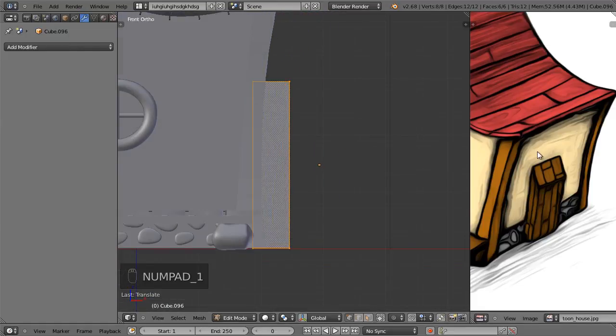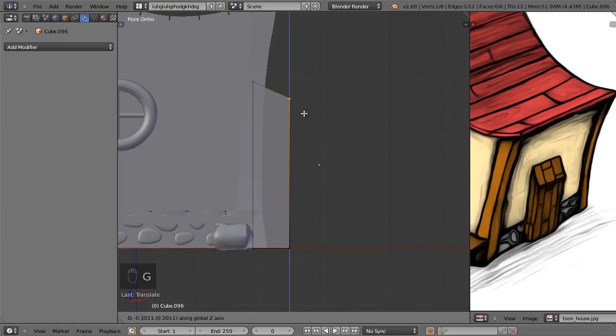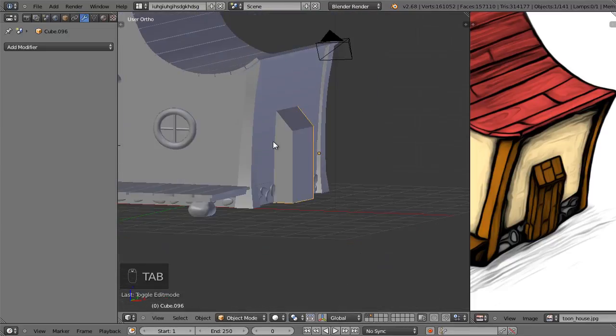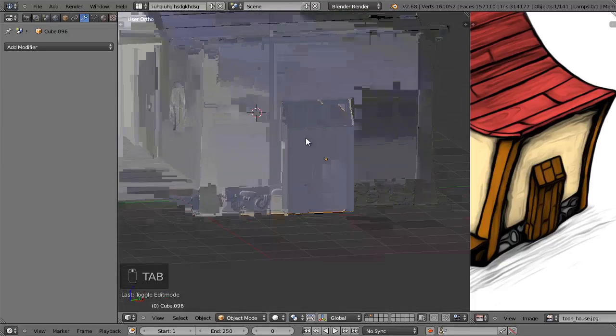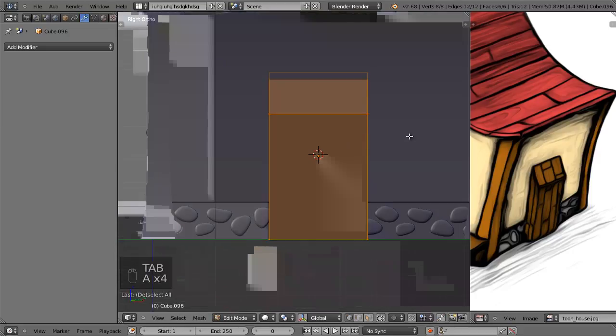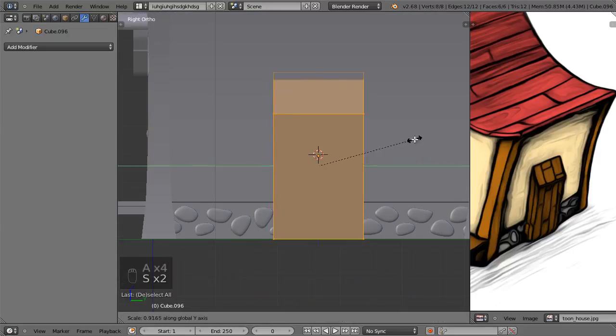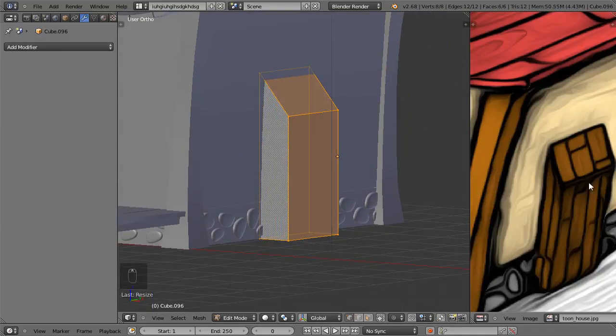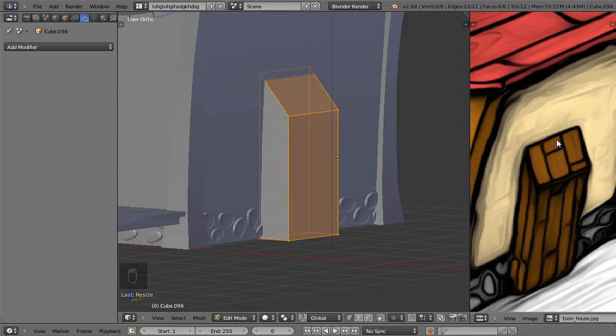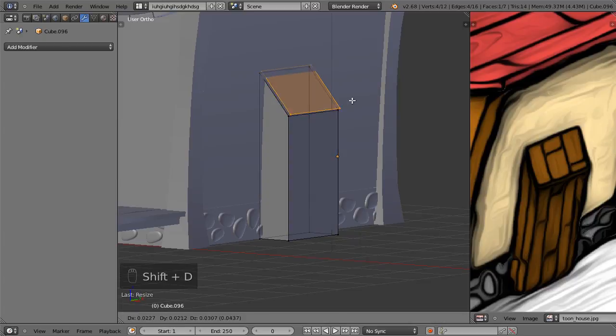And in front view, you can see that this shed kind of slopes down a little. So I'm going to select these two vertices on the end there and move them straight down to create that slant. I feel like it's a little bit too wide. So in side view, I'm going to select all the vertices again and squish it on the y-axis. And now to get the lid for it, or to get the top of it, whatever that thing is, I'm going to select all 4 of the vertices on the top, press Shift and D to duplicate, press S to scale it,